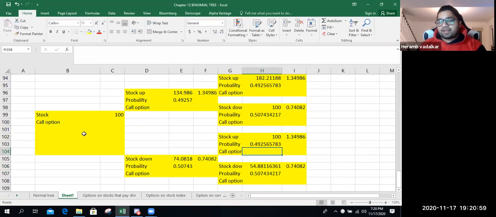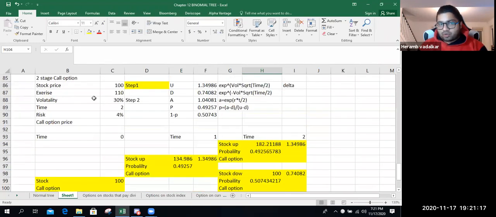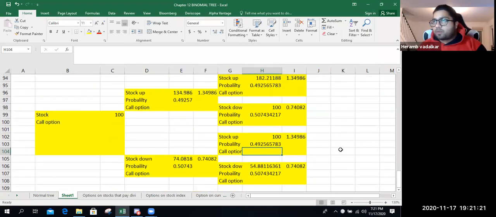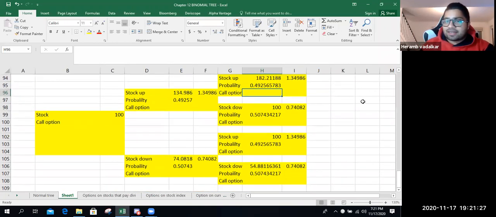So you have everything now. You have stock prices, you have probabilities, right? So we have completed the tree. We'll start solving it for call options. We always start at the end and then we start moving backwards to the root. Okay. So let's start at the end. What is the exercise price? Exercise price is 110. So if stock price is more than 110, then you will make money. So is it more than 110?